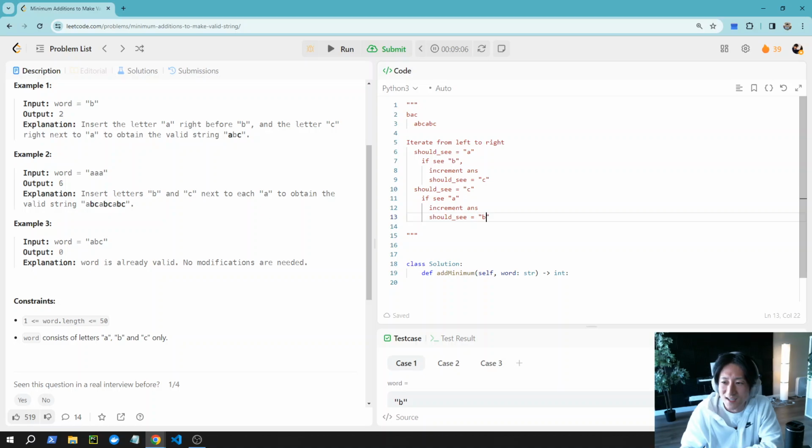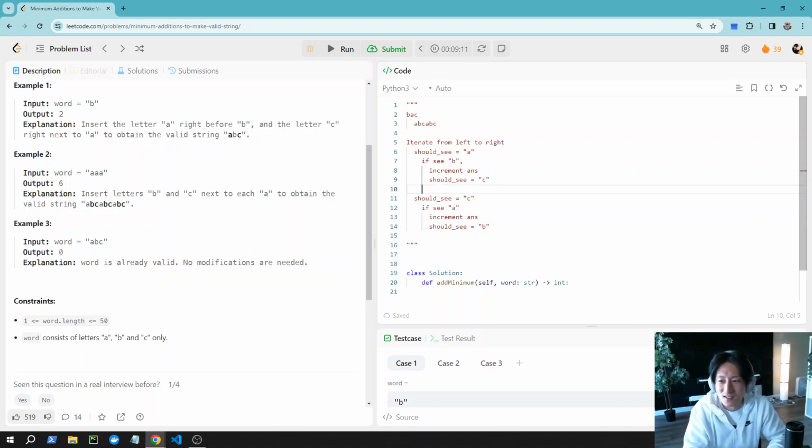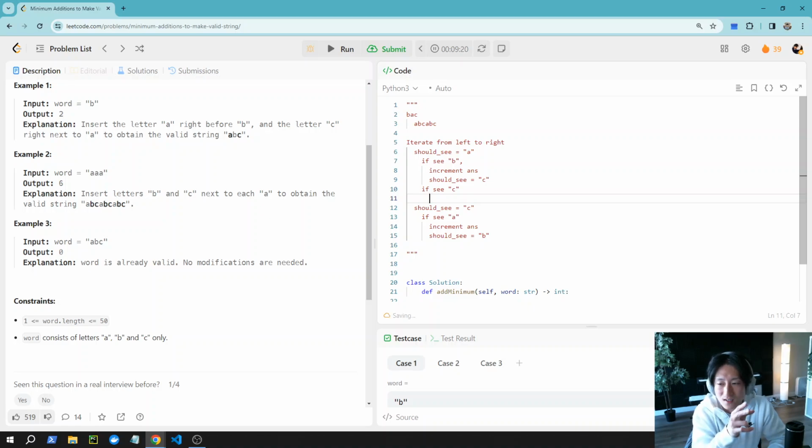Should see A, and then if C, so what if I see C, what's gonna happen? A